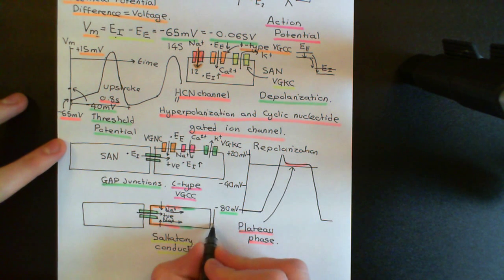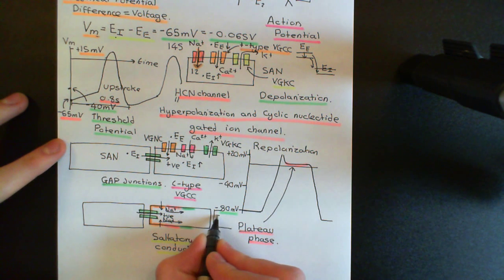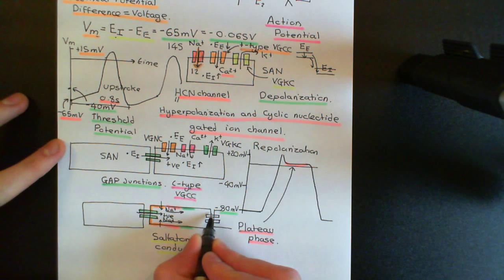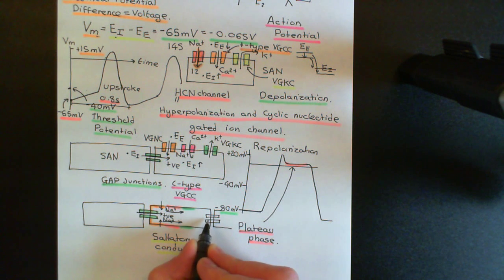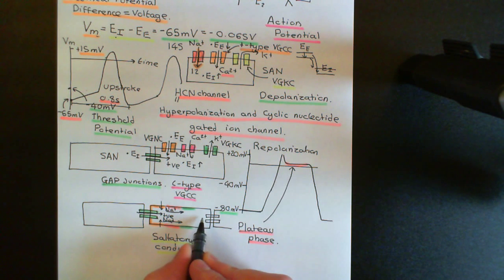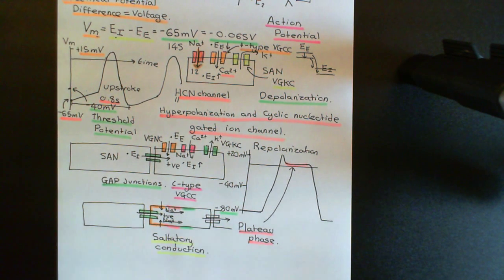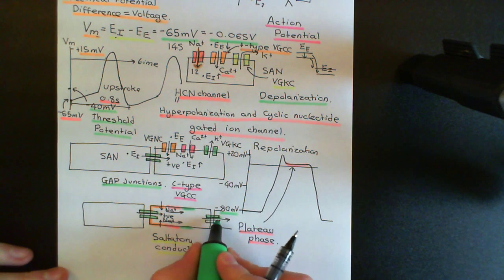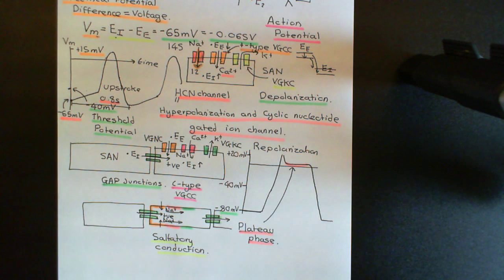Well, what will happen is if we've got another atrial cardiomyocyte here, the two will be connected by gap junctions again. So when the action potential arrives here, again you'll get changes in the electrical potential intracellularly. Okay, it will become more positive, and again positive charge will move from one to the next. So this is how the electrical signal is propagated from cardiomyocyte to cardiomyocyte through these gap junctions, and it means